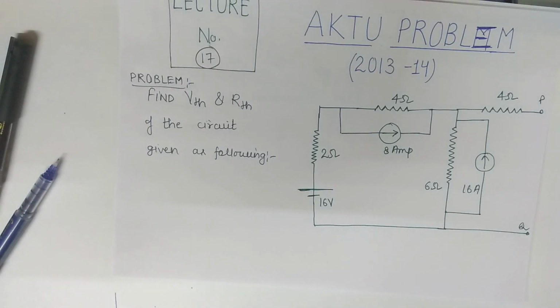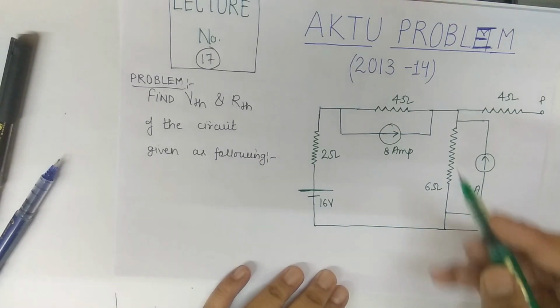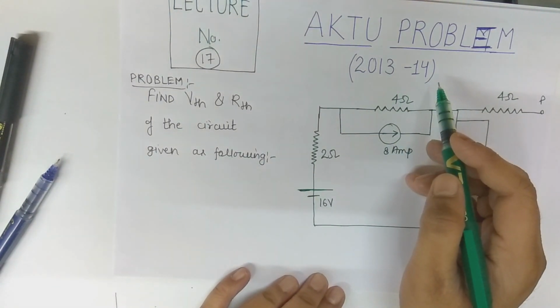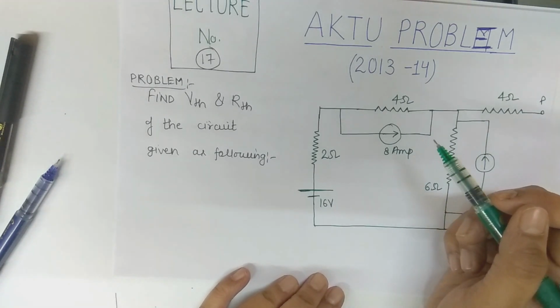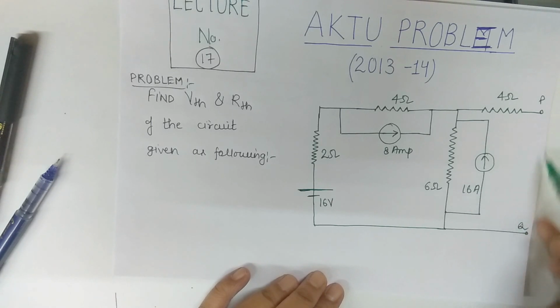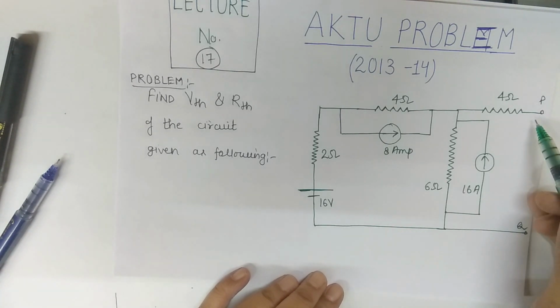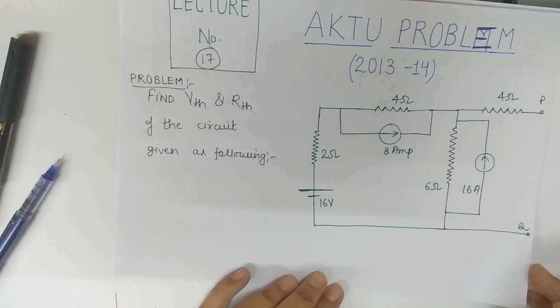Welcome back. Now, in lecture number 17, again we solve an AKTU problem of 2013-14. It is quite interesting problem. So here we find VTH at the given terminal PQ, and again we also find out RTH, Thevenin equivalent resistance at these terminal PQ. So first of all,